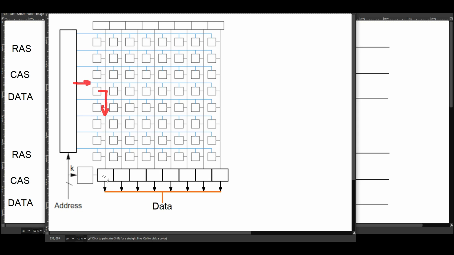And the sense amplifier senses this perturbation in the voltage and will latch to the correct state. So in the case if we had a 1 here, it would slightly raise the charge in the bit line. The sense amplifier would sense the slight increase in the voltage. It would latch to a 1 and then